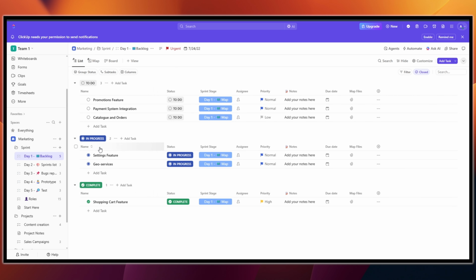So here is a simple sprint planning flow that works. First one is product or engineering triage backlog, so prioritize and clarify. You add estimates, the sprint points, drag items from backlog into the sprint list, and then assign owners and add